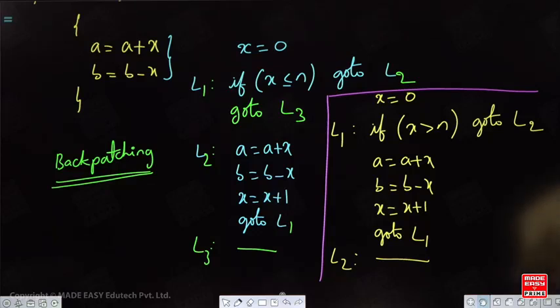Okay. And one more. Take back patching. Take the heading back patching. Back patching is a process of leaving the labels